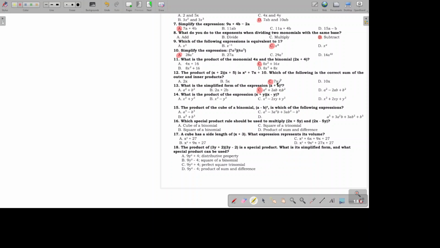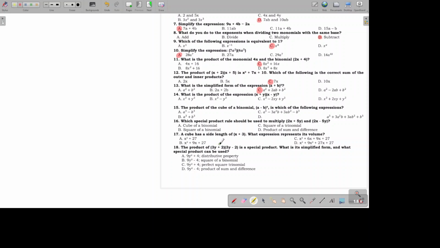But if it's a minus b quantity squared, this is what it boils down to, because multiplying it will give you a negative product, times 2 is negative 2ab. Okay, that's just a tip in case in the periodic exam it's the minus that you will see. But in this case, since it's plus, it should be plus here in the middle.